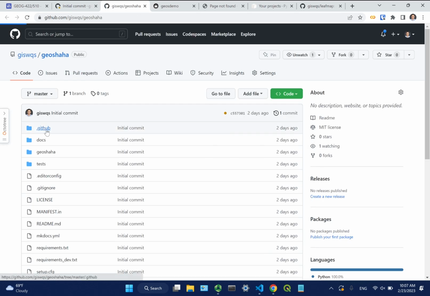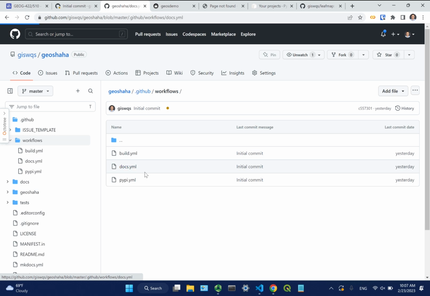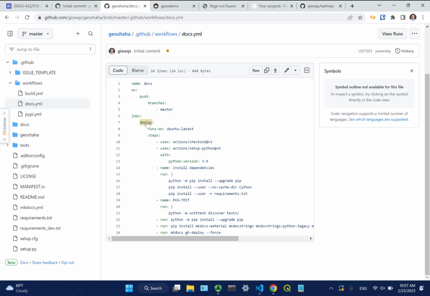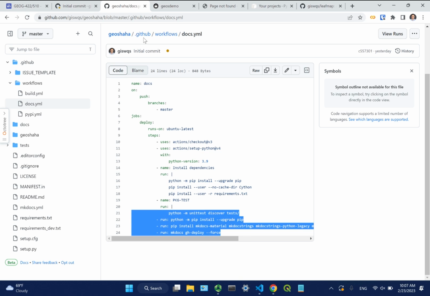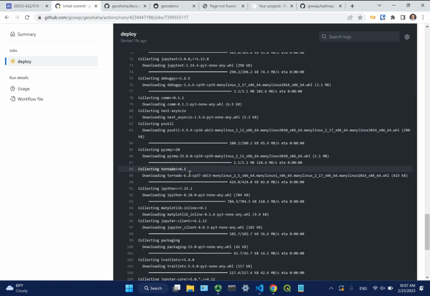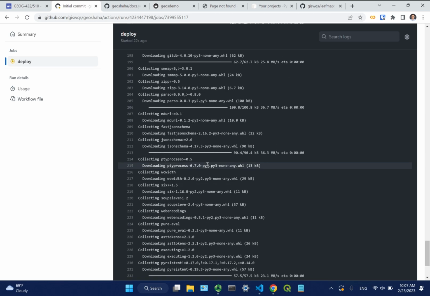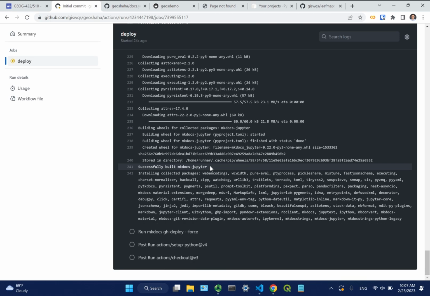Again, let me show you one more time. GitHub workflows, and then the documentation. So it's basically going to go through step by step, installing all the dependencies, and then going to deploy this one to GitHub. So you see, right? Installing the packages, and then it's going to build the website,